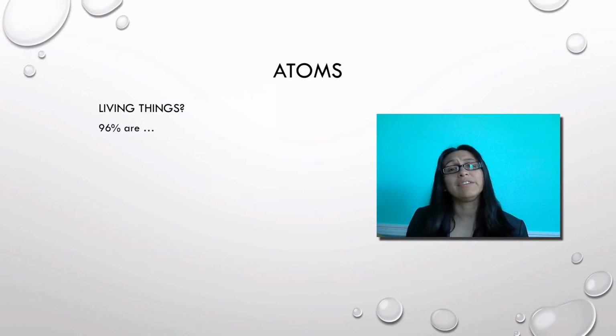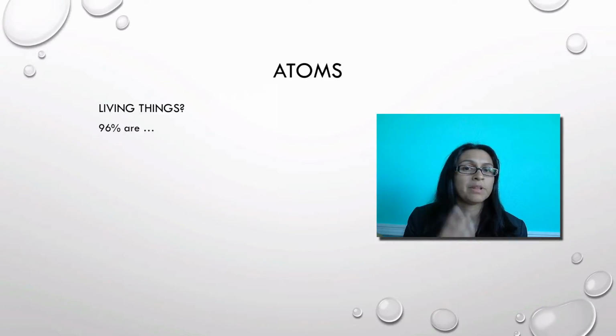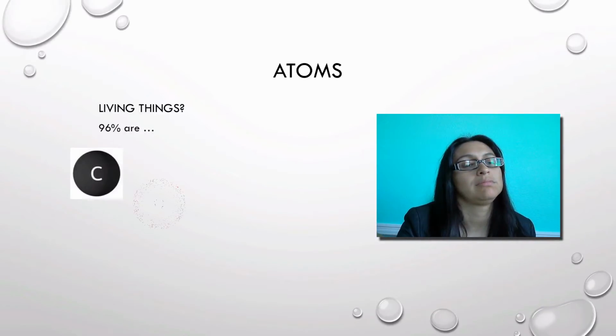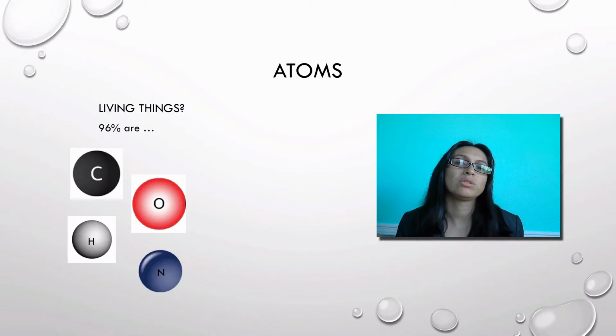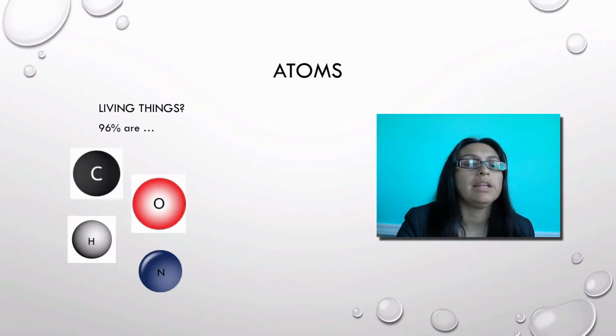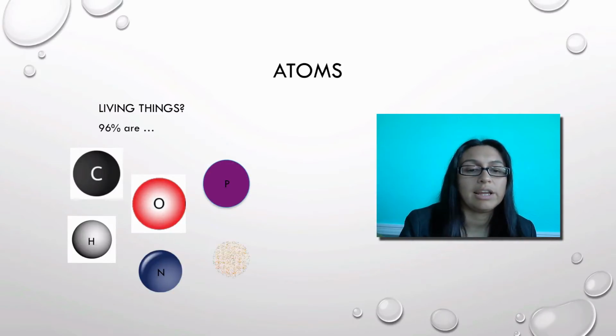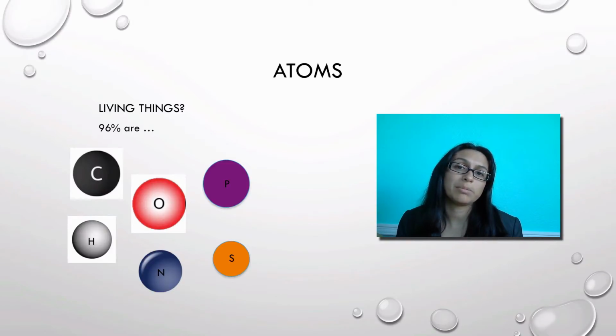Now, when you're taking a look at living things, if you were to tear apart a living thing and divide it out into its atoms, we would find that 96% of living things are composed of only 4 atoms. Those 4 atoms are carbon, oxygen, hydrogen, and nitrogen. That is what most of a living thing is made out of in terms of atoms, so when you're talking about the number of atoms in each thing. Now, phosphorus and sulfur are also 2 atoms that come into play, and of course there's other atoms that are going to be involved as well, but these are the major players, the major ones that are involved in the